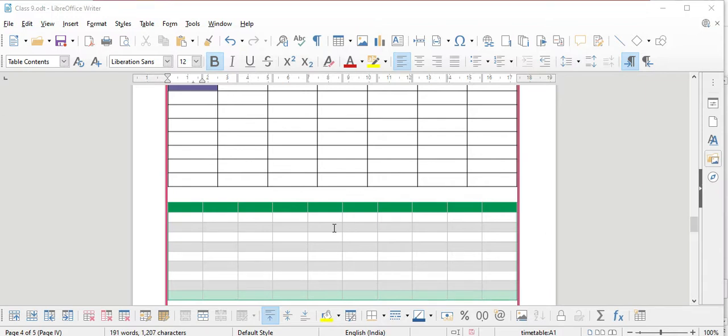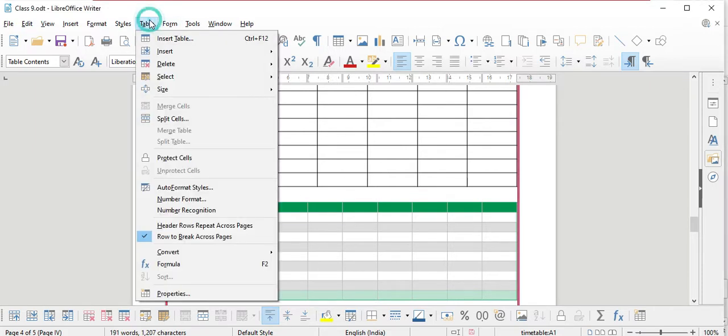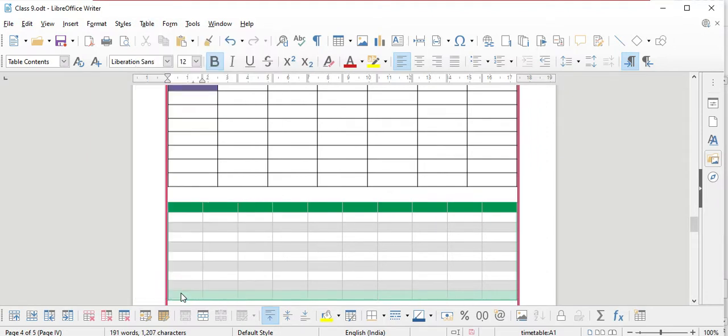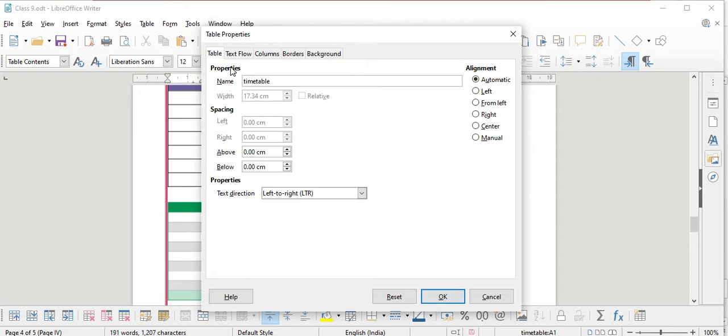After creating a table, it will be a simple table. After creating it, you can explore more features. For this, go to the table menu and then click on properties. Here, for whichever table you have selected, you can set the width, spacing, and alignment for your table.